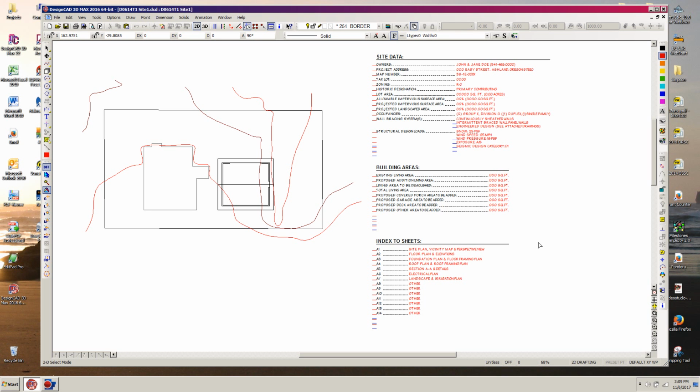We're now on DCAD lesson 12D, dealing with a site plan still. On the previous lesson, which ended rather abruptly, we were talking about dealing with the site data, building areas and index sheets, and we'll address that in a little while. But what I want to work on right now is dimensioning the buildings to the property lines, which